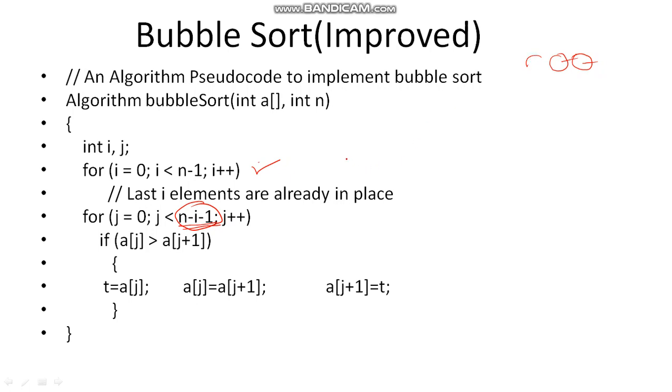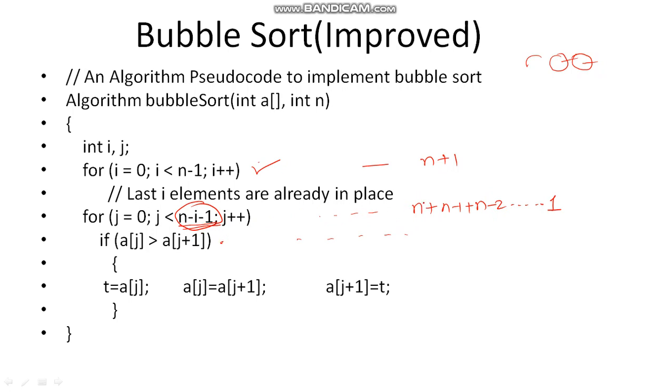So in this case, if you see the complexity, this statement executes for n plus 1 times, whereas this statement for the first time executes for n times. In the second pass it executes for n minus 1 times. In the third pass it executes for n minus 2 times, and at the end it executes for 1 time. And the same happens with this also. Only one instruction is less over here.